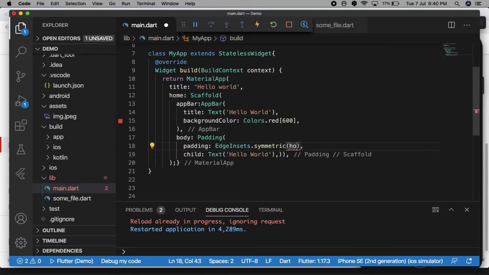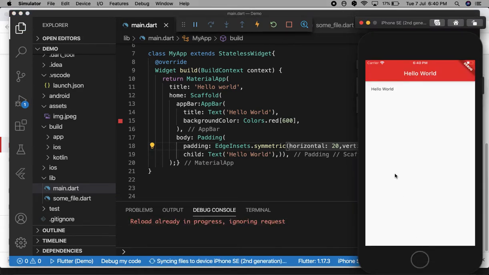Here you can use horizontal 20 pixels, and for vertical a different size like 40. I run it again, and here you will see the horizontal spacing is 20 pixels and the vertical padding is 40 pixels.